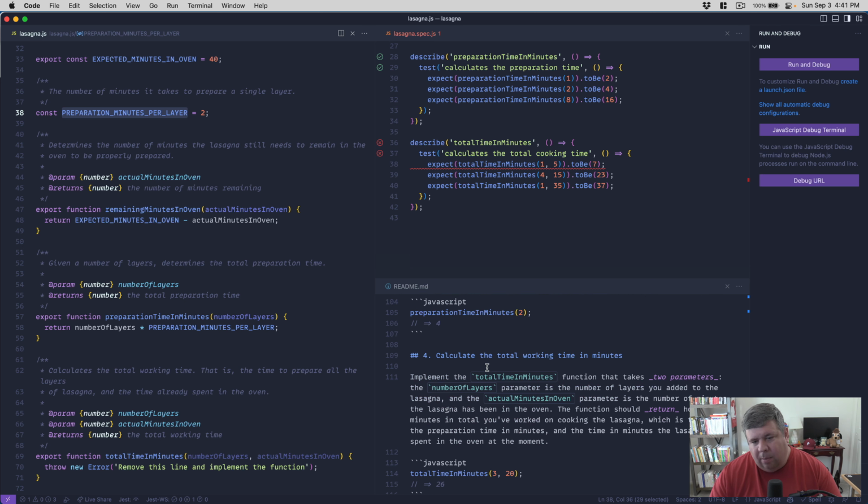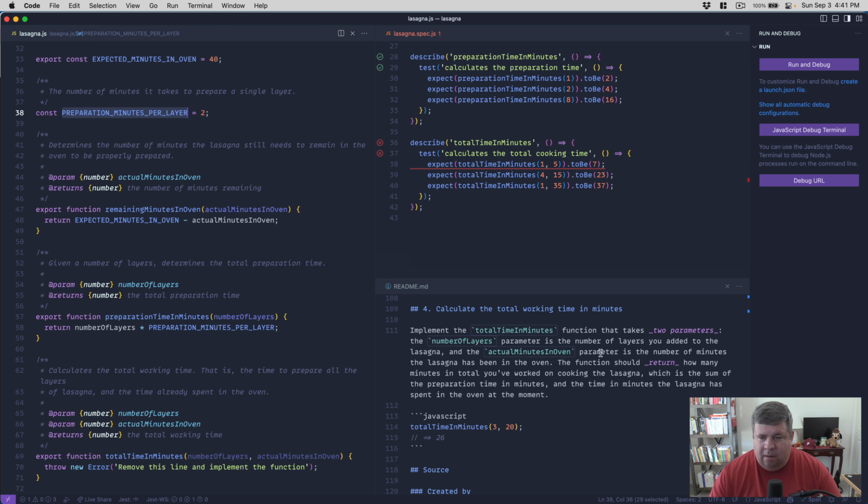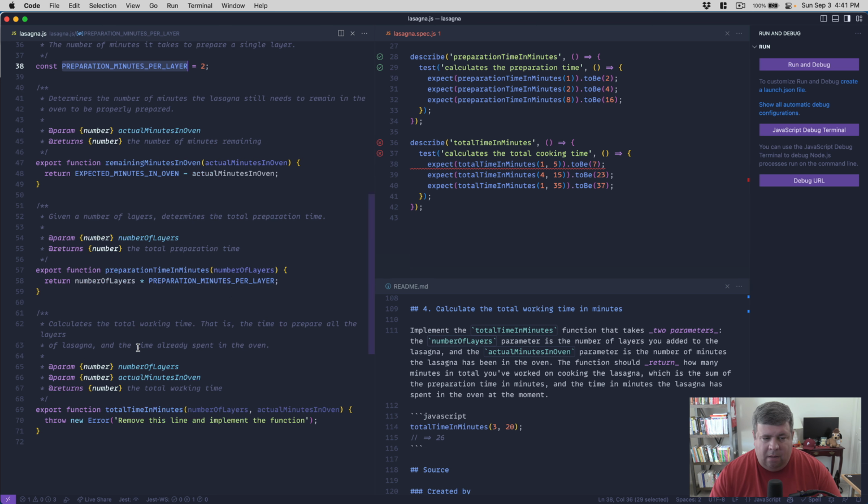Calculate the total working time in minutes. Implement total time in minutes function that takes the number of layers parameter, this number of layers as lasagna, and the actual minutes in oven parameter. Total time in minutes. It might actually be